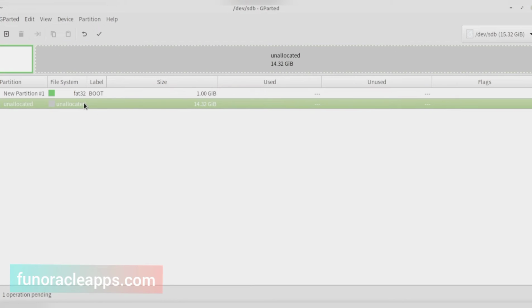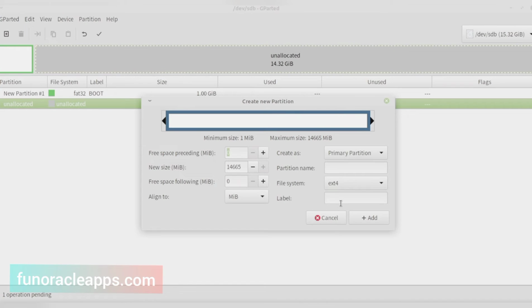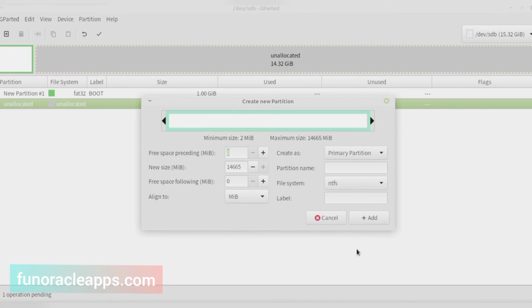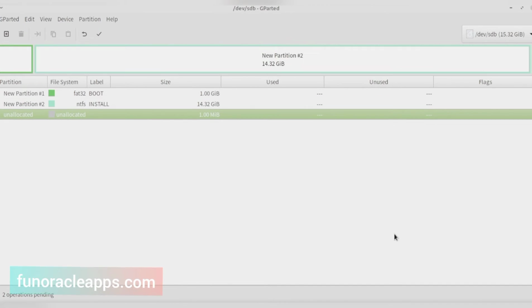Other than that, the next partition that I will be creating will be my NTFS partition. I will click here and select the type as NTFS, and I will use whatever size is left, and label it install, and click add.